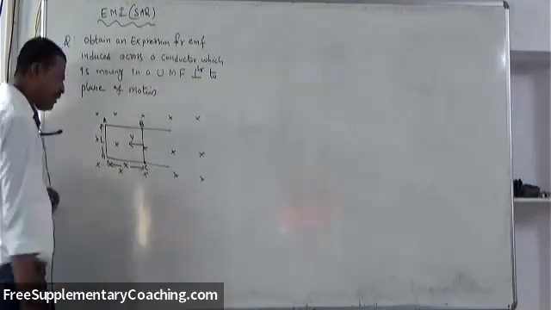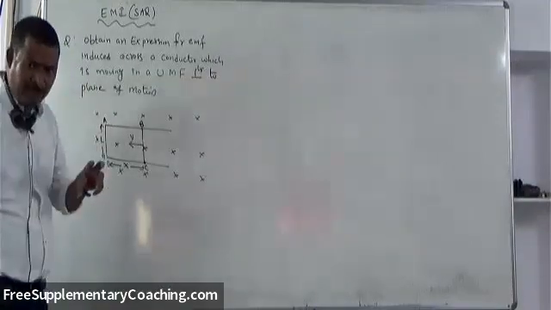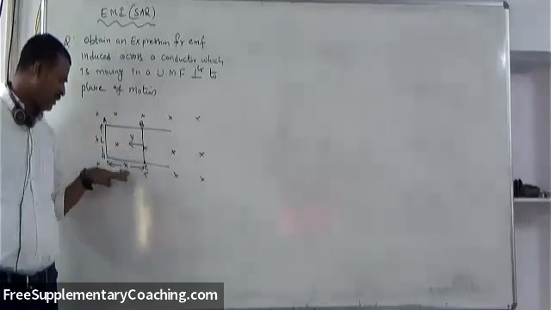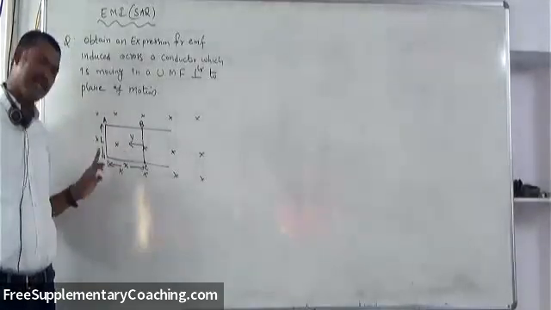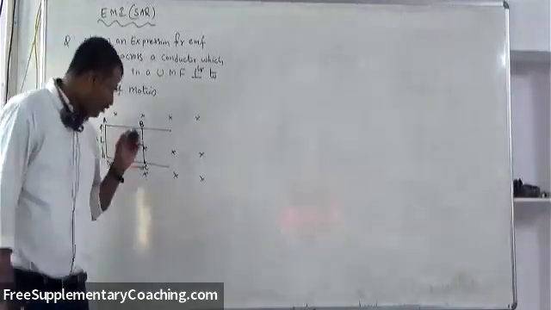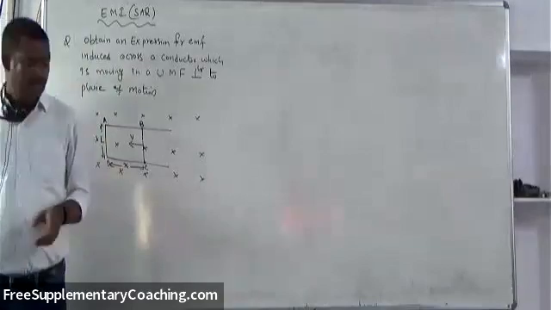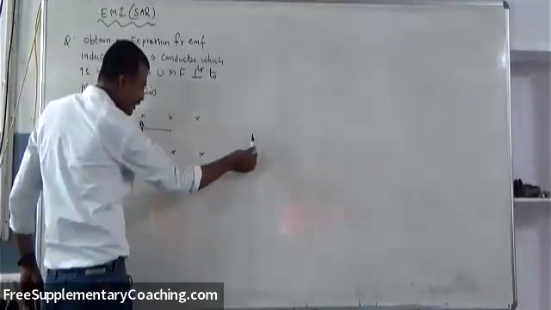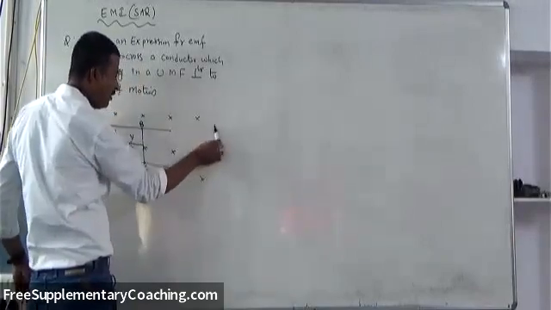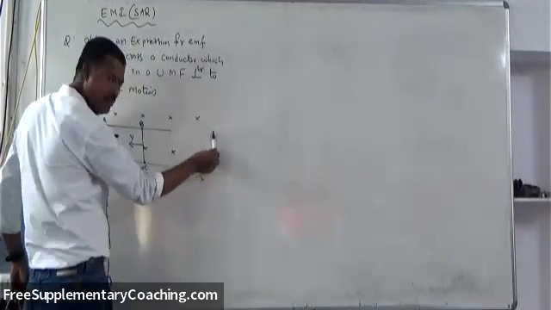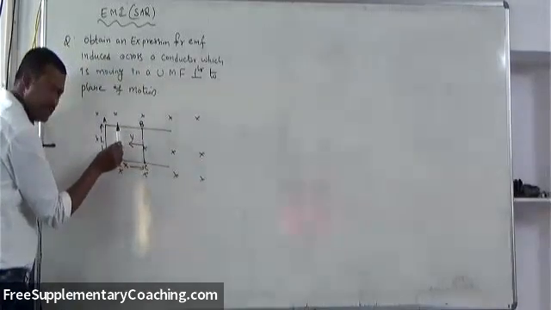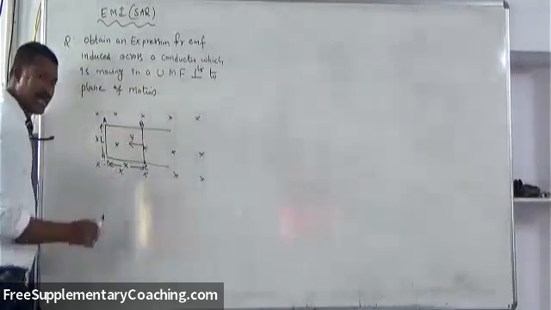At this moment, when the conductor BC of length L is moving in a magnetic field, at a particular time it is at X distance from this end. Now you see, this conductor is moving like this. When this conductor is moving like this, the ABCD rectangular area